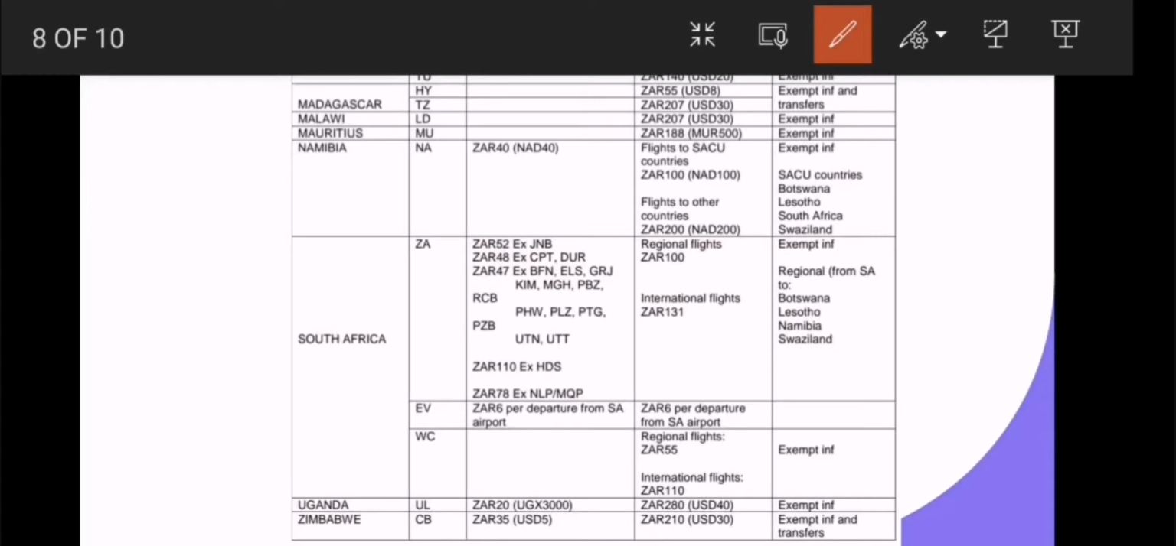And then also you will come and charge your war risk tax for regional and international flights, and those are the three taxes that you will charge in South Africa. And then, depending on which country you are traveling to, you come to each country listed here to check which taxes they charge and how much those taxes